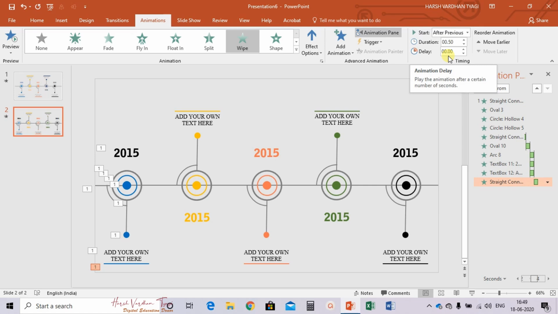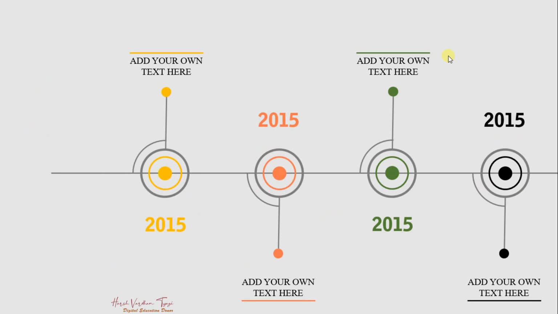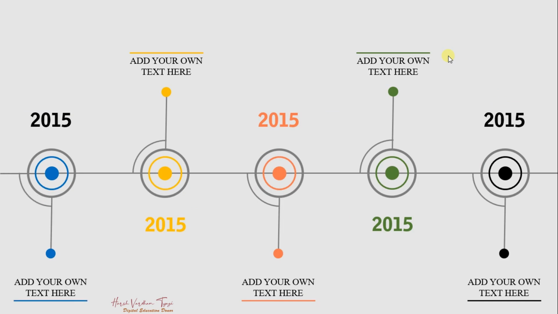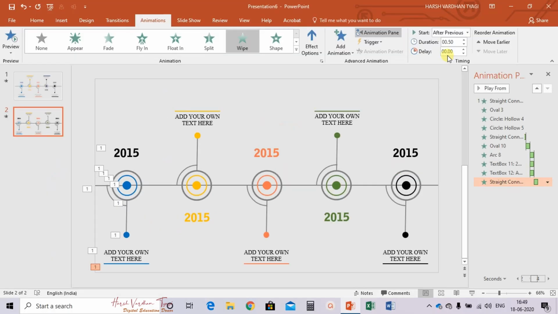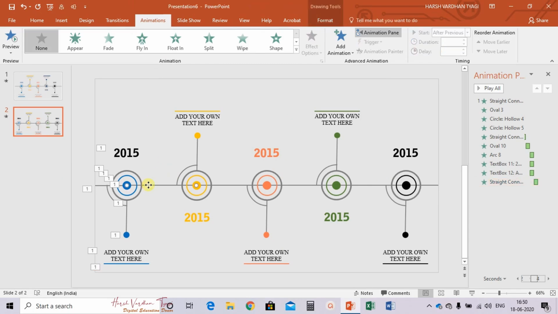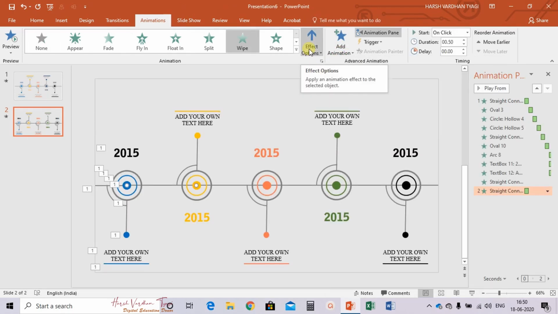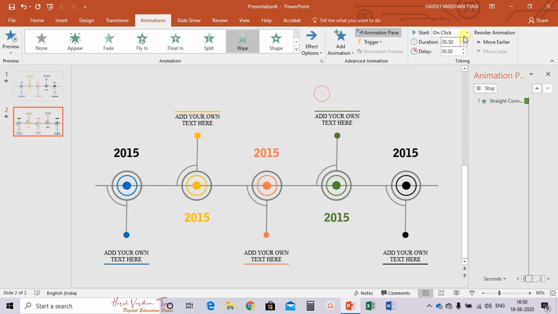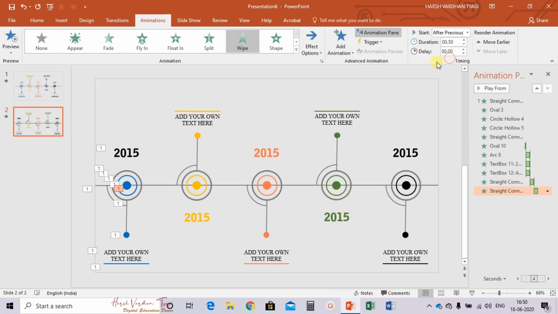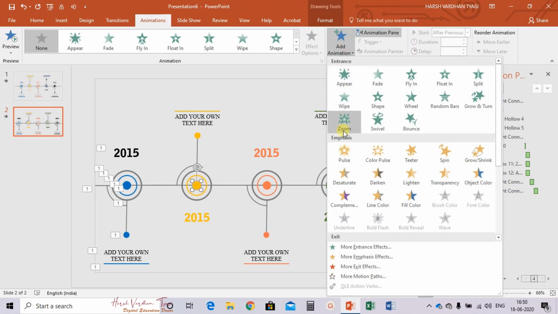Let's see the transition effects, whether they are working or not. So I am clicking here, already this I have been, this one is working fine. So we will give transition effects to other part also. Select this line, add animation, wipe, transition effect from left after previous. Now select this, add animation, zoom